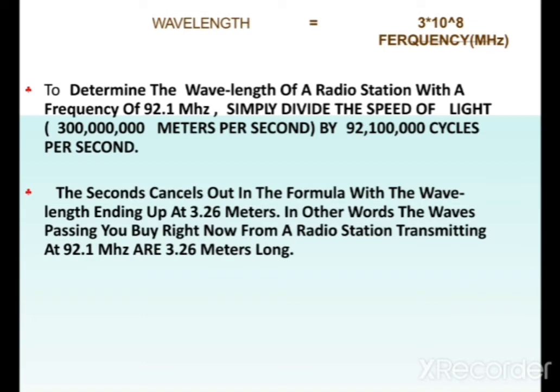Practically, already know how we are going to find the wavelength. Once you know the frequency, then we take the formula of the relation between C, lambda and F, and you will find the lambda value. So by using that relation, you may get the lambda value for this particular frequency. The lambda is 3.26 meters.